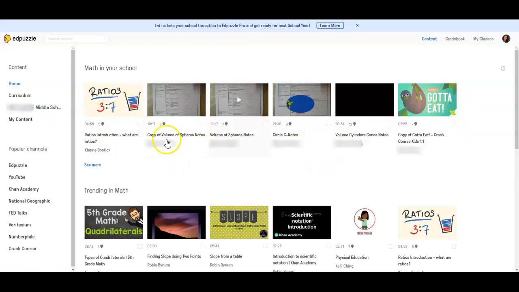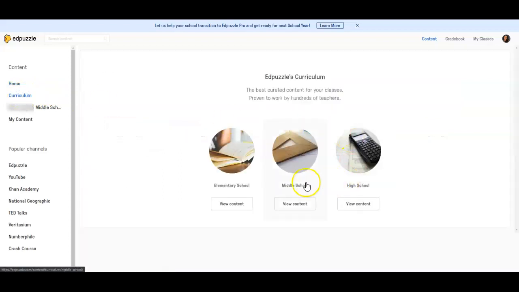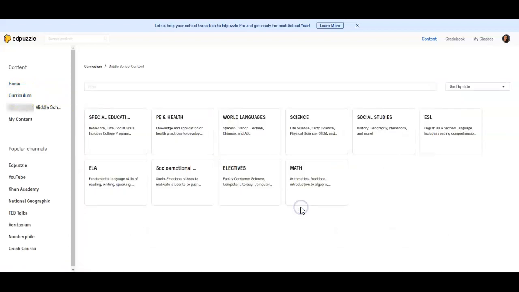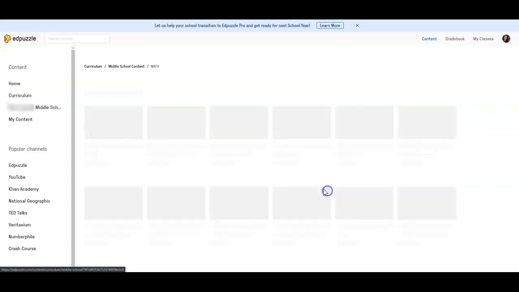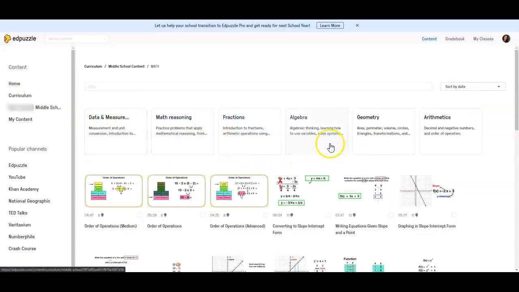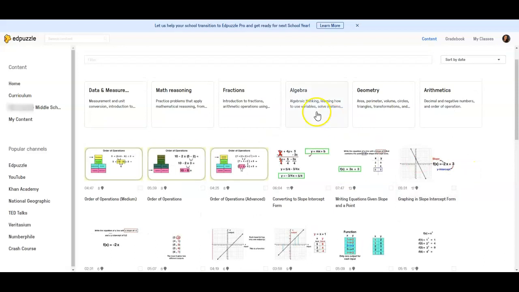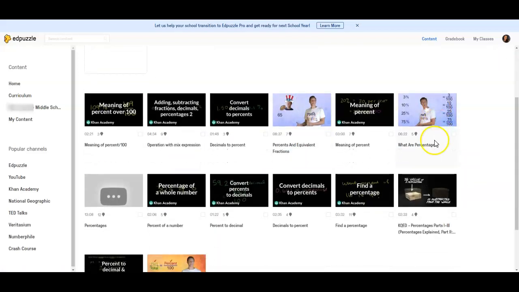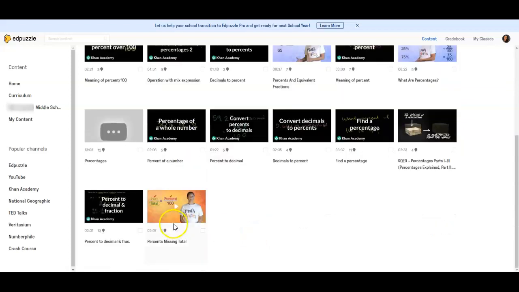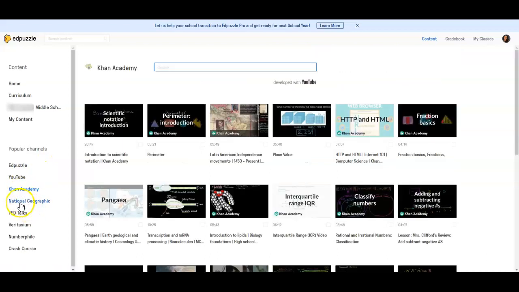in Edpuzzle. You also can find some great videos on Edpuzzle that are sorted into basically grade level and then subject and different things within the subject. So I do have some really great things. Let's say we wanted to look at percentages. They have some great videos from Khan Academy and some from YouTube as well. You can find all different types of videos on Eduphoria that are ready to go and ready to use for